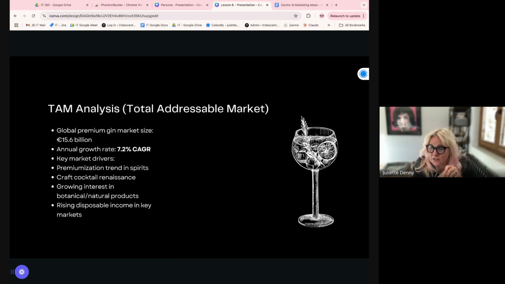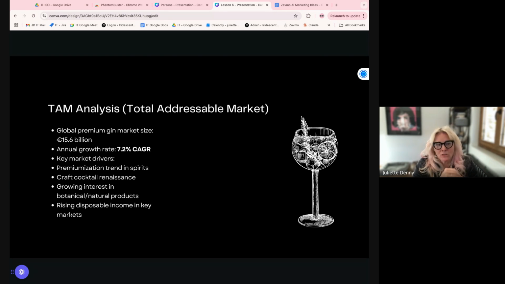There's obviously a growing interest in nature and natural beauty. So that's a key theme that's driving this market forward. People aren't just drinking gin and tonics. This is like the world of all sorts of exciting stuff that you can put in your gin. There are gin bars all over London. So clearly it is something that is capturing the imagination of consumers. And then the other really great thing is you've got rising disposable income in those key markets.